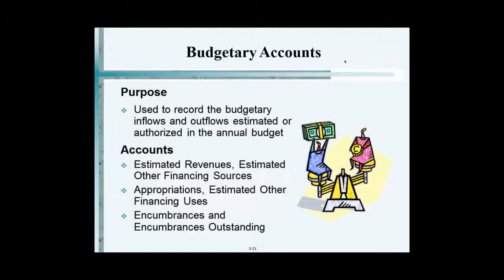Estimated revenues are things like taxes, right? Let me give you an example of estimated other financing sources. You go out and borrow money. Money comes in as cash. Is that revenue when you borrow money? No. It's called by another name, and that's called other financing sources. So something which is not truly revenue, but it's coming to you, is thrown into this category called other financing sources. Remember, right now, the cap we are wearing